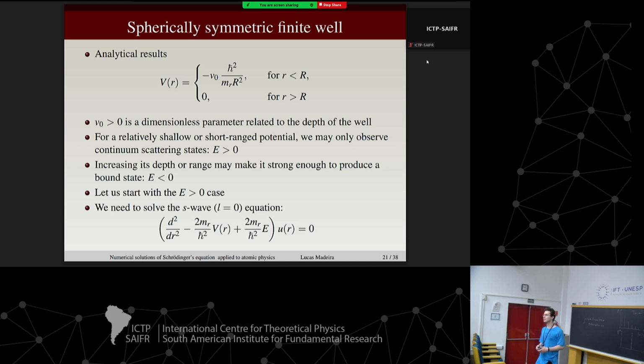For S wave, like L equal to 0, not L equal to 1, like P wave. So it's that discussion that I did around the centrifugal barrier, right? So if you're really going to the zero energy limit, there's this huge repulsion close to the origin, right? So your particle would need more energy than it has to overcome this barrier because it's pretty close to 0. So it's like if you're trying to jump over a really high wall. You really have to have a lot of energy to do that.